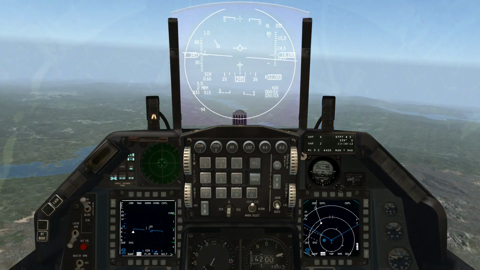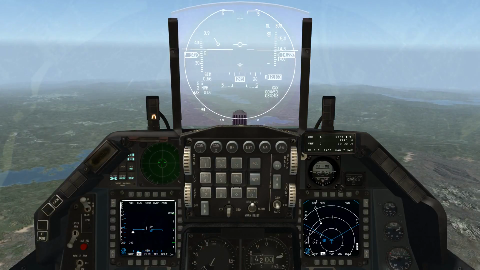All right, I'm going to roll out here and freeze it just to show you again. Right now my heading is 245, so a vertical line coming out of the bullseye, this is 245. So if I want to go to 300, I need to go 45 degrees to the right, so right about here. So if I put my cursor in that position, right about there, then